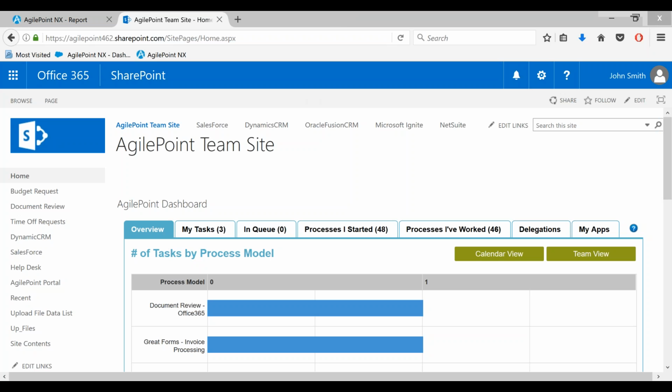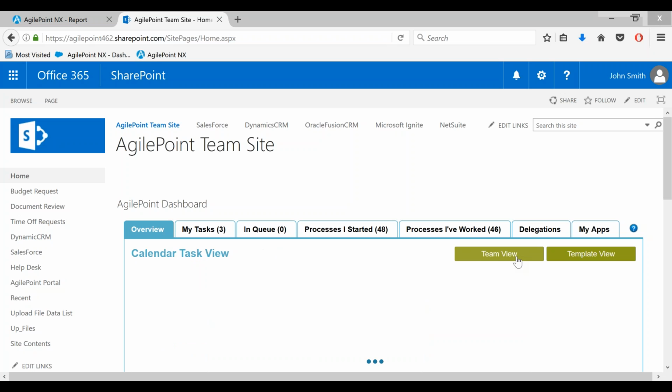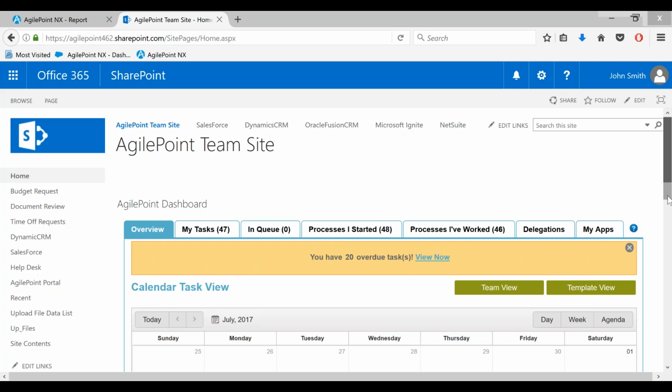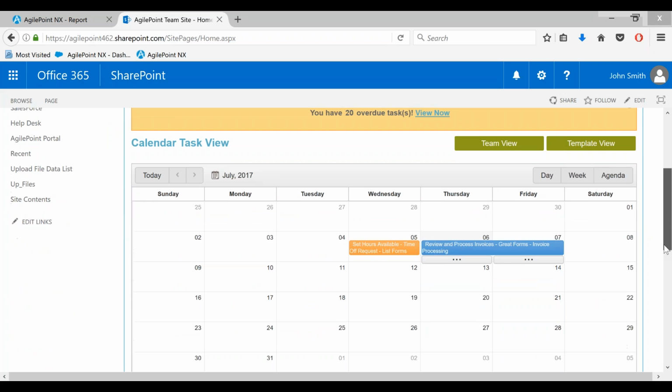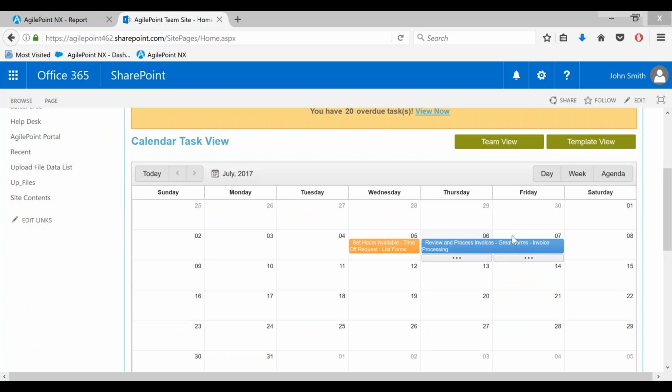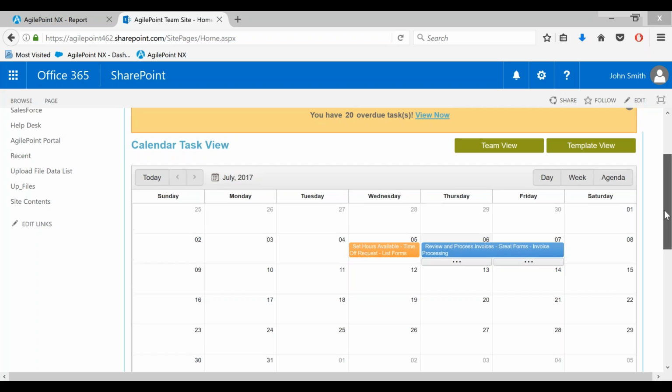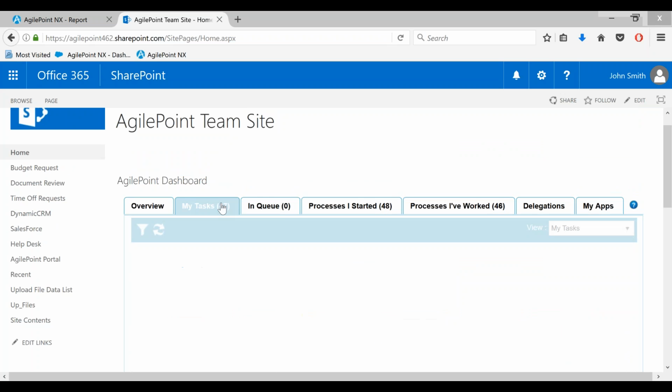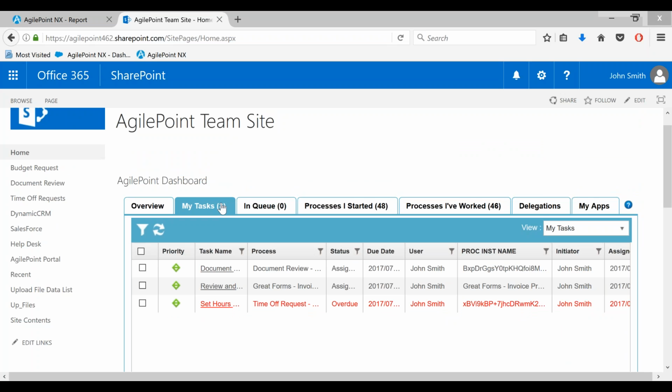Okay, so to give you a sense of what this looks like here, I can come into the AgilePoint dashboard and I can get a sense of all of the tasks that have been assigned to me, and perhaps when they're due. So really helpful to have this calendar view. You can see here I have a few tasks that have been waiting for me. Looks like this PTO request here is slightly overdue, whereas I have an invoice processing app that I need to finish out by the end of the week. So really helpful to have just a single pane view into all of the tasks that have been assigned. Regardless of whether it's a SharePoint-based application, whether it's an SAP or a Salesforce-based app, I have flexibility here in terms of how I pick up these applications.